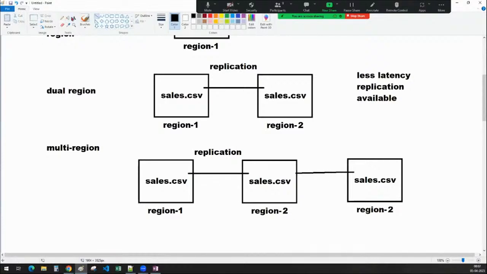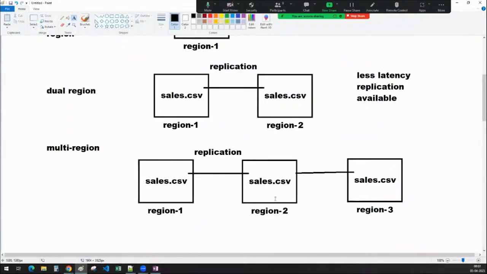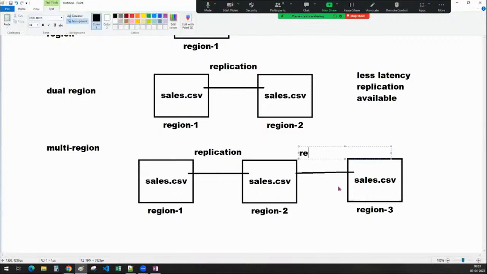Okay, so this is region 3. More than 2 regions, sir. So this is an advantage. At any cost, the requirement is very simple. At any cost, because the cost will be increasing from the region to the multi-region. When you get a lot of benefits, the cost will also be there like that, right? So when you go to a multi-region, the data will be replicated to multiple regions,